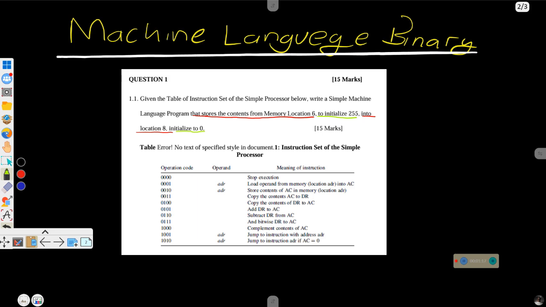Then location 8 is initialized with 0. Now this 255, you must understand, is not initialized in location 6. No, it is just initialized in the program. So as I said in the previous video, when you run a program, your operating system will load the values like this one, which is data. It will load data and instruction inside the memory. So okay, let's just start with this